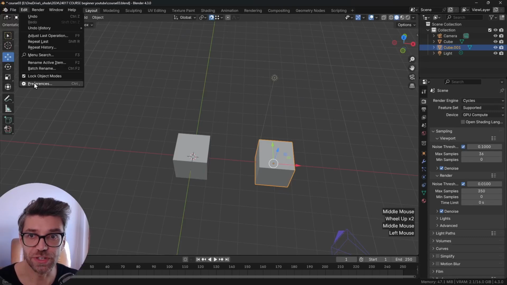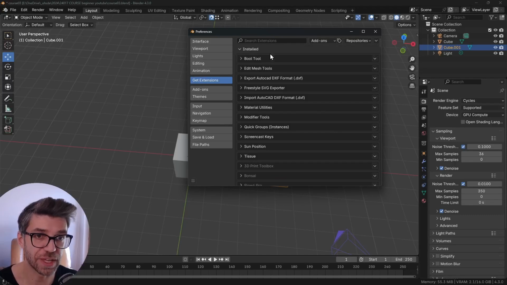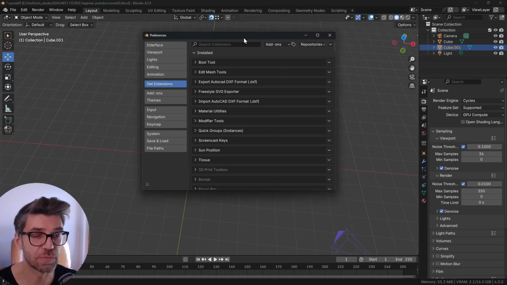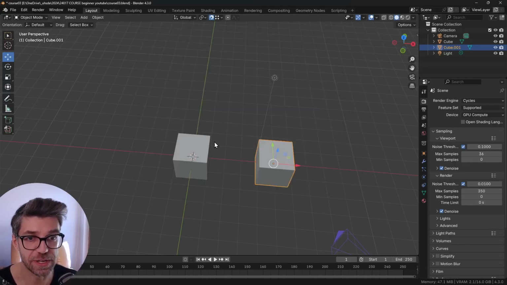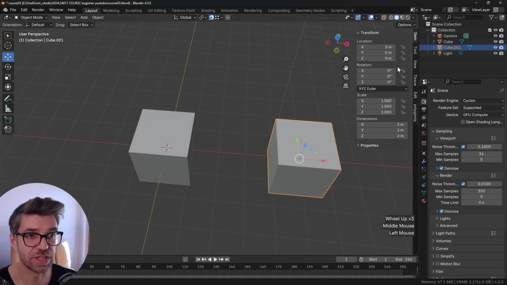So that's pretty much it. I'm going to go through some add-ons, some extensions, now that we can have online extensions. These are the ones that I actually have enabled by default, but I'm going to go through them as we end up needing them. So just a really quick overview of Blender's user interface in case you're not that